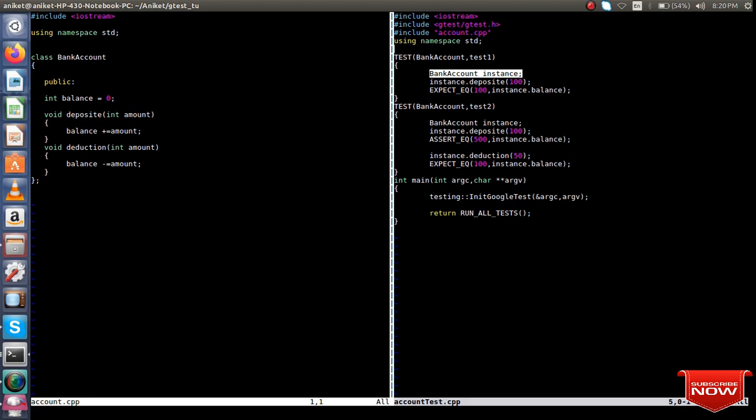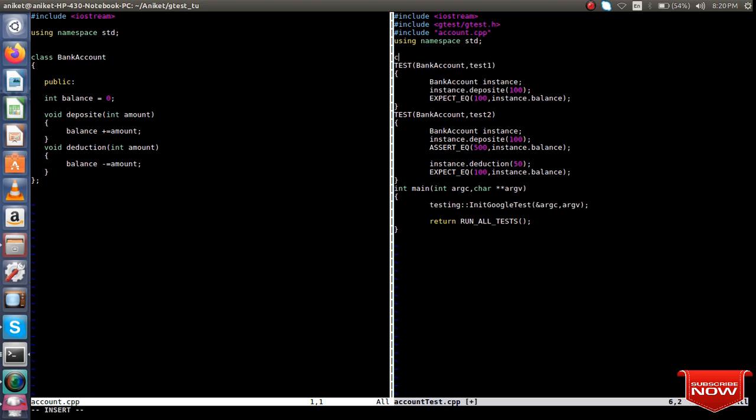In order to create a test fixture, you need to create a class, and you can name it anything. So let me create a class BankAccountTest, and I'll derive it publicly from the testing Test class.